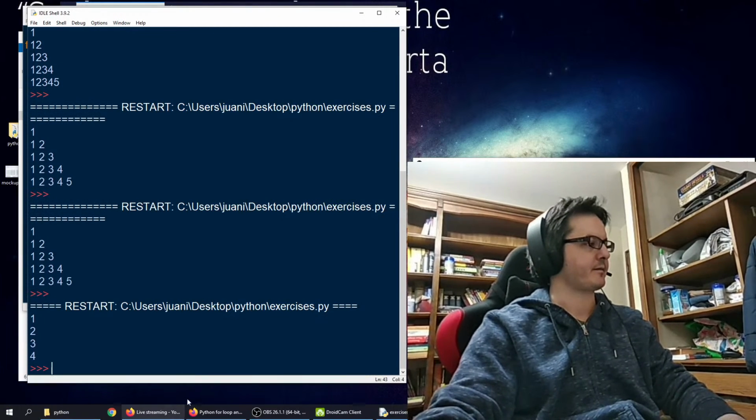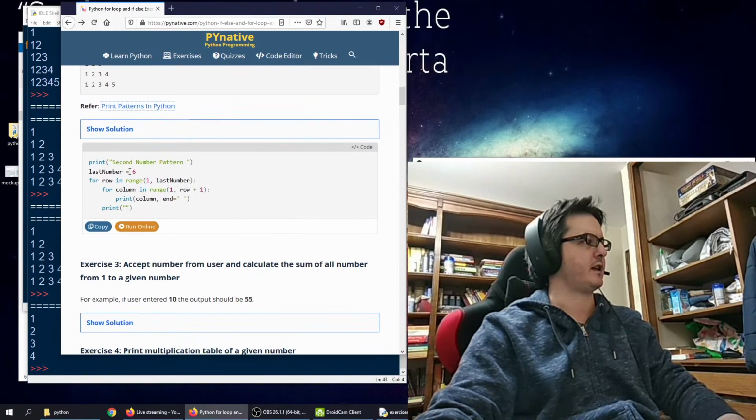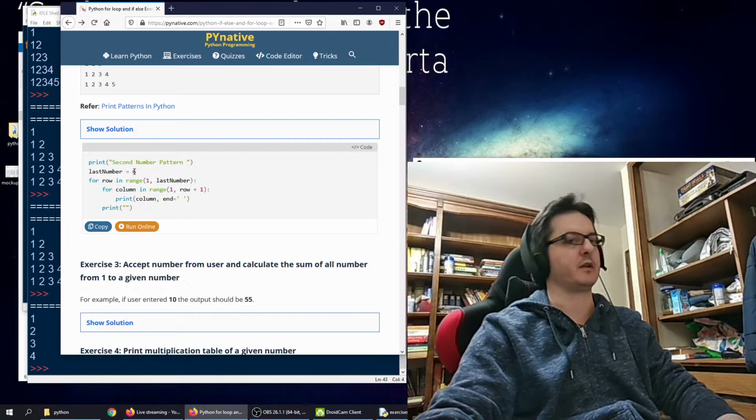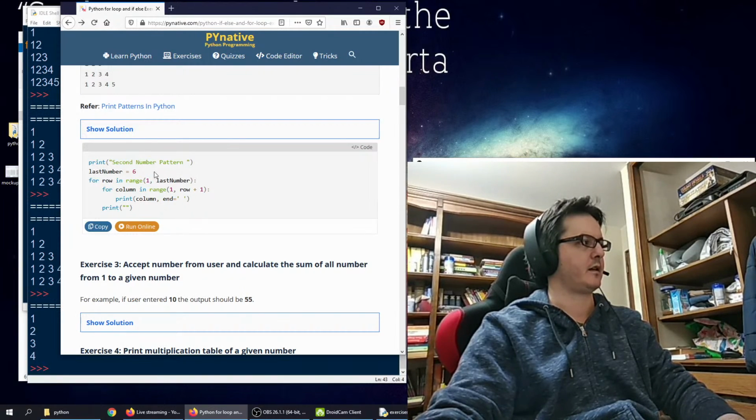Okay, and that's why they say last number is 6, because they want to go all the way up to 5. And for row in range 1 to last number, they first from 1, then 2, then for 1, 2, 3, 4, 5, and for each column